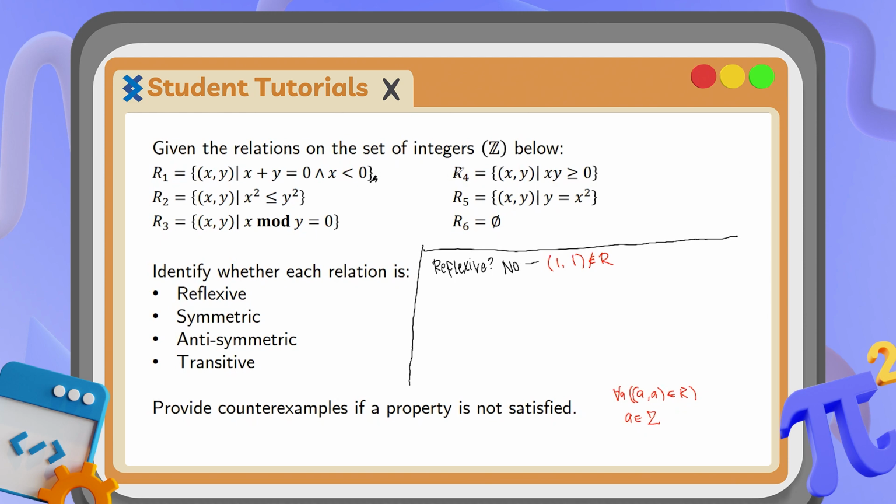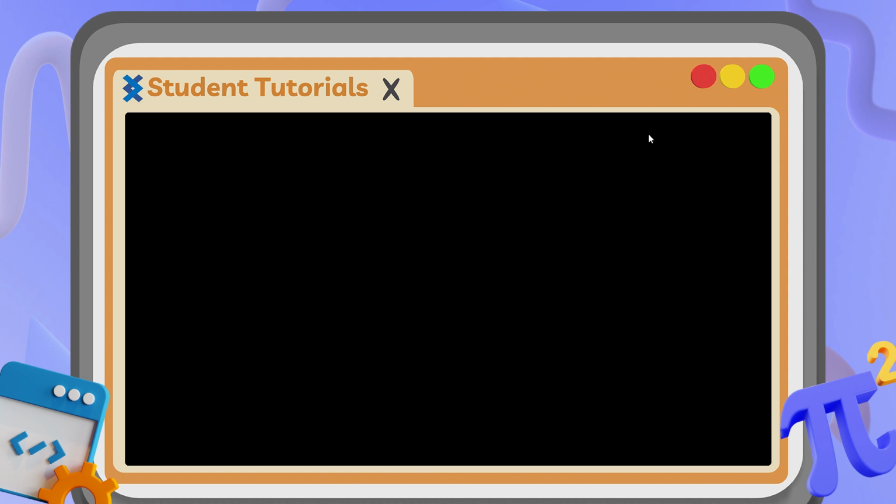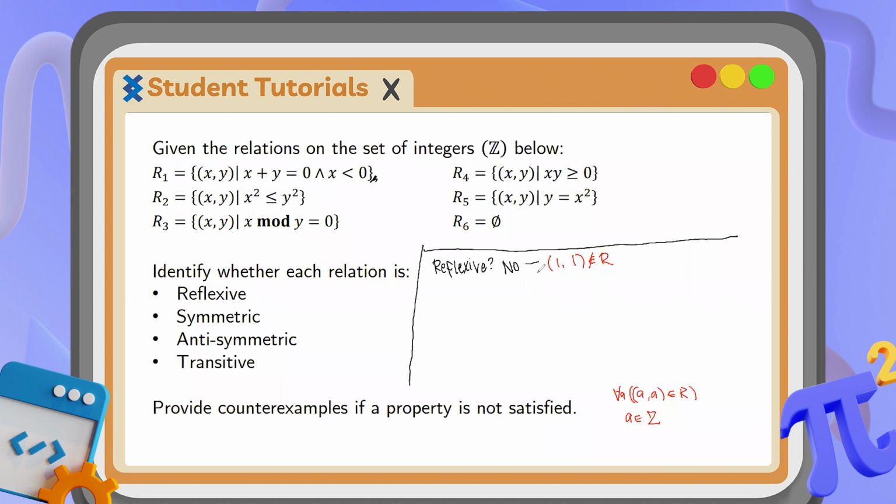In this case, x plus y is equal to 0 and x is less than 0. Actually, yes, it is not reflexive because 1 is not in the relation. Therefore, we can say that this relation is not reflexive. So going back, we will now proceed with the symmetric property. Again, a counterexample for reflexive is that 1 is not in the relation